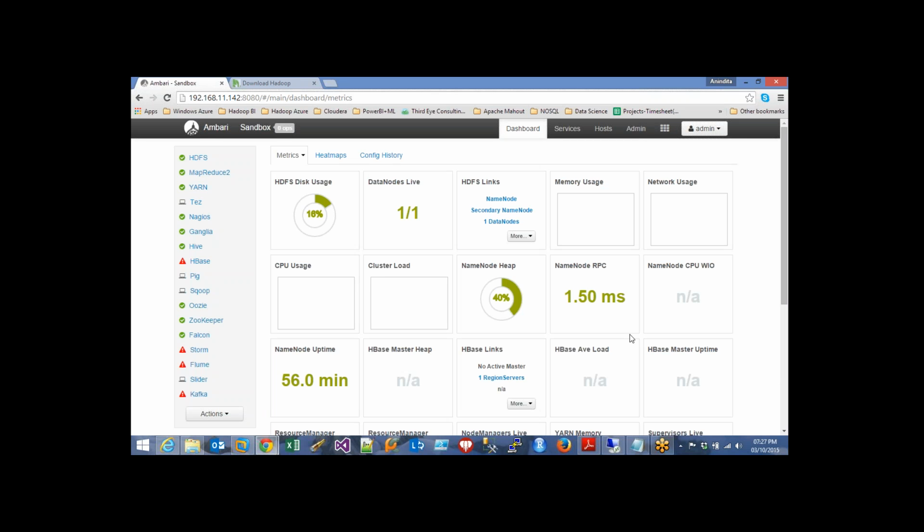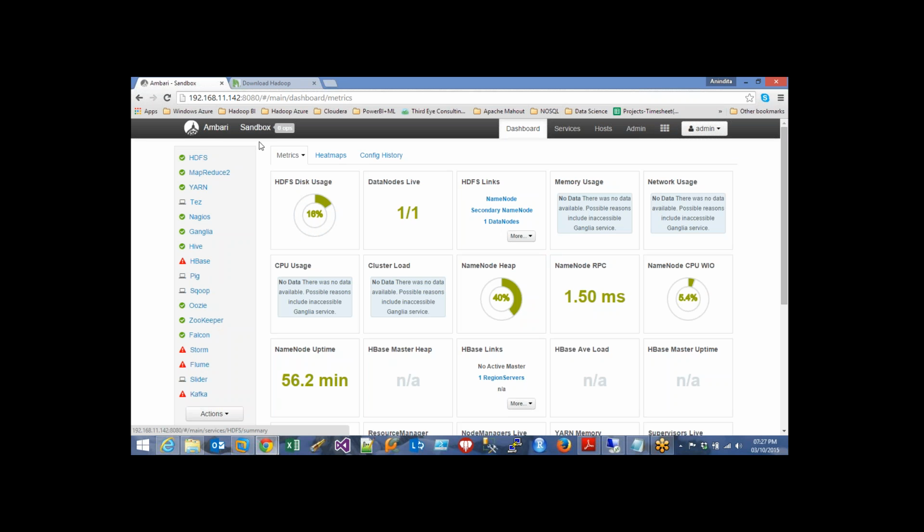So after I'm logged in, I can see the dashboard. It's a unified view of the state of the cluster. What I'm able to see right now in this Ambari dashboard is, first of all,